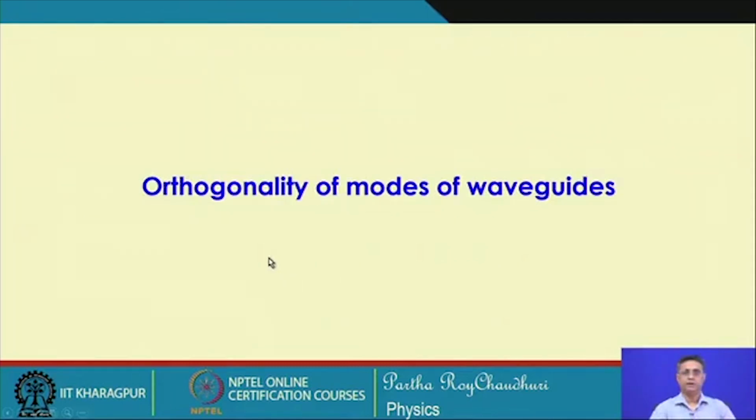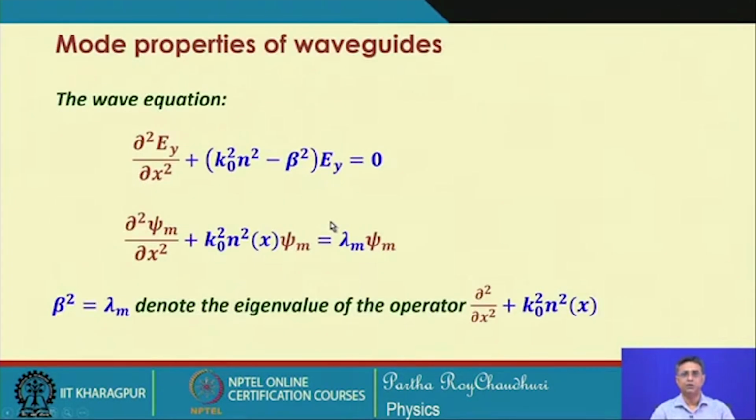Okay, now we will look at another important aspect of the waveguide modes, which is the orthogonality of modes, and it is very interesting to know that all the modes which are supported by the waveguide will be orthogonal to each other. For that, we write the wave equation for the electric field for the TE mode, and the electric field of that is u i. So, we can write this expression, k0 square n square of x to represent both core and cladding,